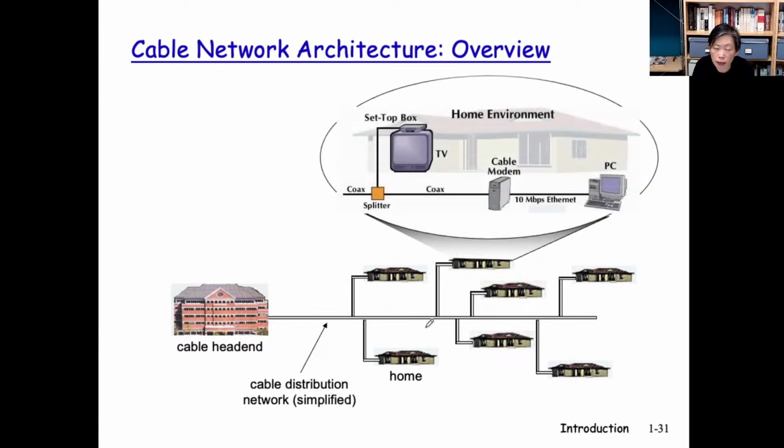Now, if you have the cable modem installed at home, the infrastructure is going to look a little bit more extended, but most of the extensions are inside the household, as well as in the central office of the cable company. If you look at this picture here, it's very familiar, right? Just like DSL. If there's a signal coming in, the splitter here will check. If it's TV program, it will go this way. If it's internet data, it will go this way. And the cable modem will convert it to the format that's readable by our PC, and therefore you read the message from your friend. And similarly going out the other way, right?